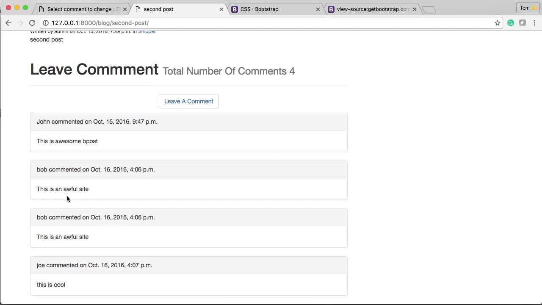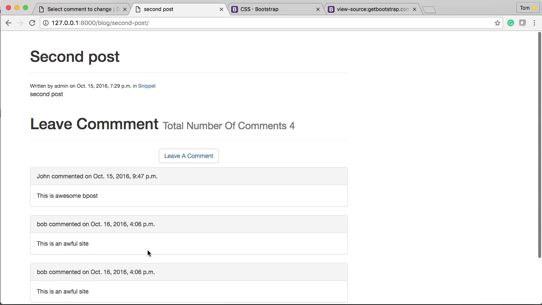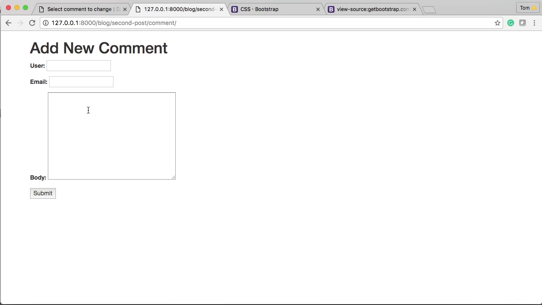Boom. I think that looks pretty cool. John, Bob, Joe. Alright, so we have created the design of our site. In the next tutorial, we are going to go ahead and design our comment form itself. It's a little different than what we did today with Django, so we'll go ahead and take a look at that because this looks like crap, but we'll go ahead and